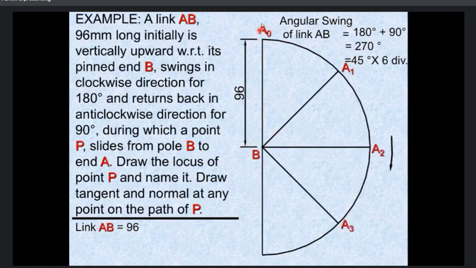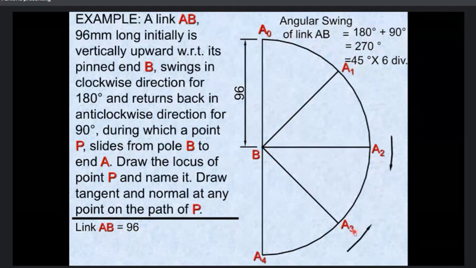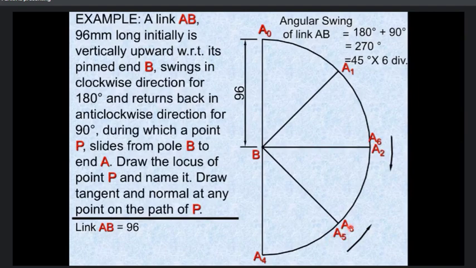Now what will happen? This is the A0 point. This is the A1, A2, A3 and A4. यहाँ तक सही है. अब 180 कंप्लीट करने के बाद वापस 90 एंटी क्लॉकवाइज जाना है, तो A5 will be here, and A6 will be coinciding with the A6 here. A2 and A6 are same, and A3 and A5 are same. Why? 180 in the clockwise, 90 in the anti-clockwise. So if you have divided this into 6 equal parts, you need to divide this line also into 6 equal parts.